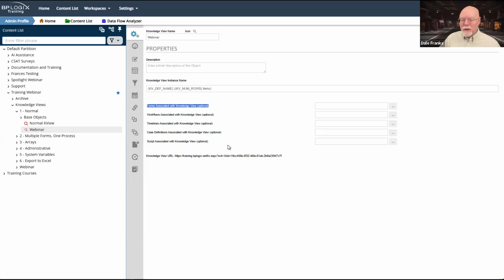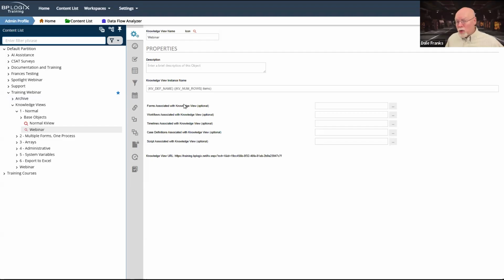Thus, most of the time that we return a knowledge view, we want to return the form instance so that the user can open it up and either review it or make changes to it or whatever it is that they need to do. So for the most part, this is the only thing that you need to set, forms associated with knowledge view.